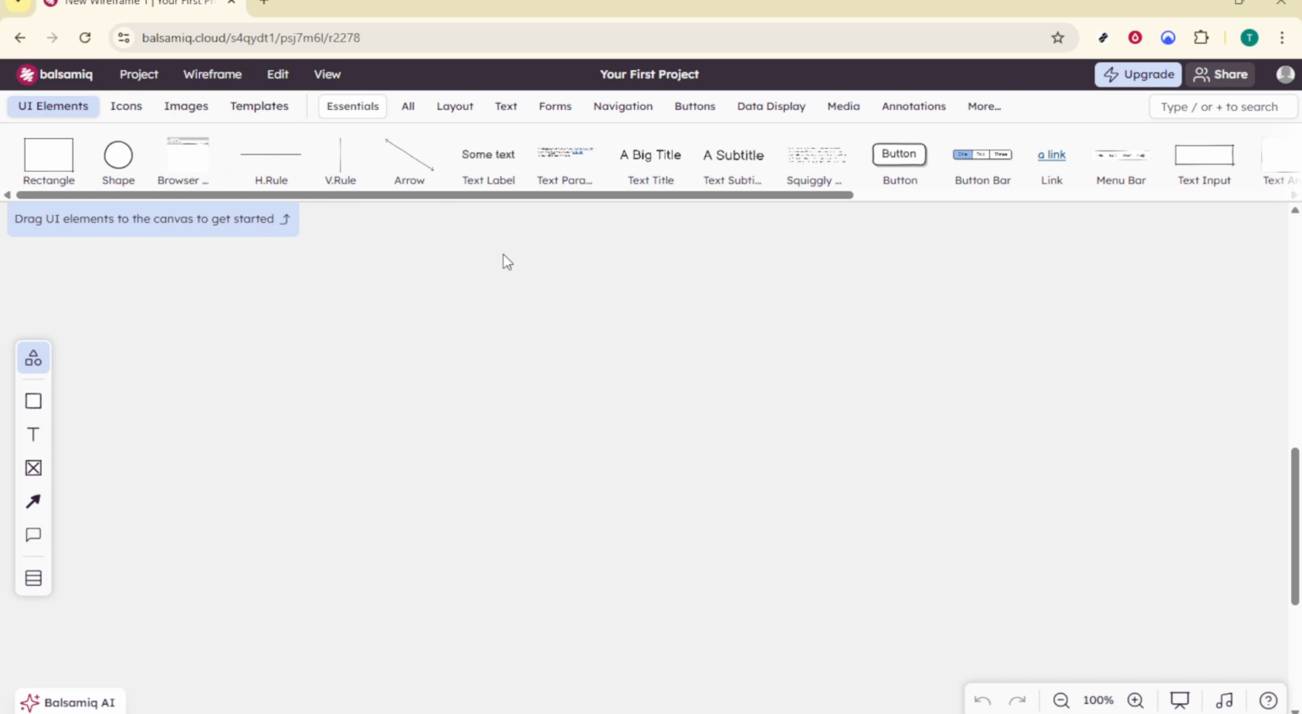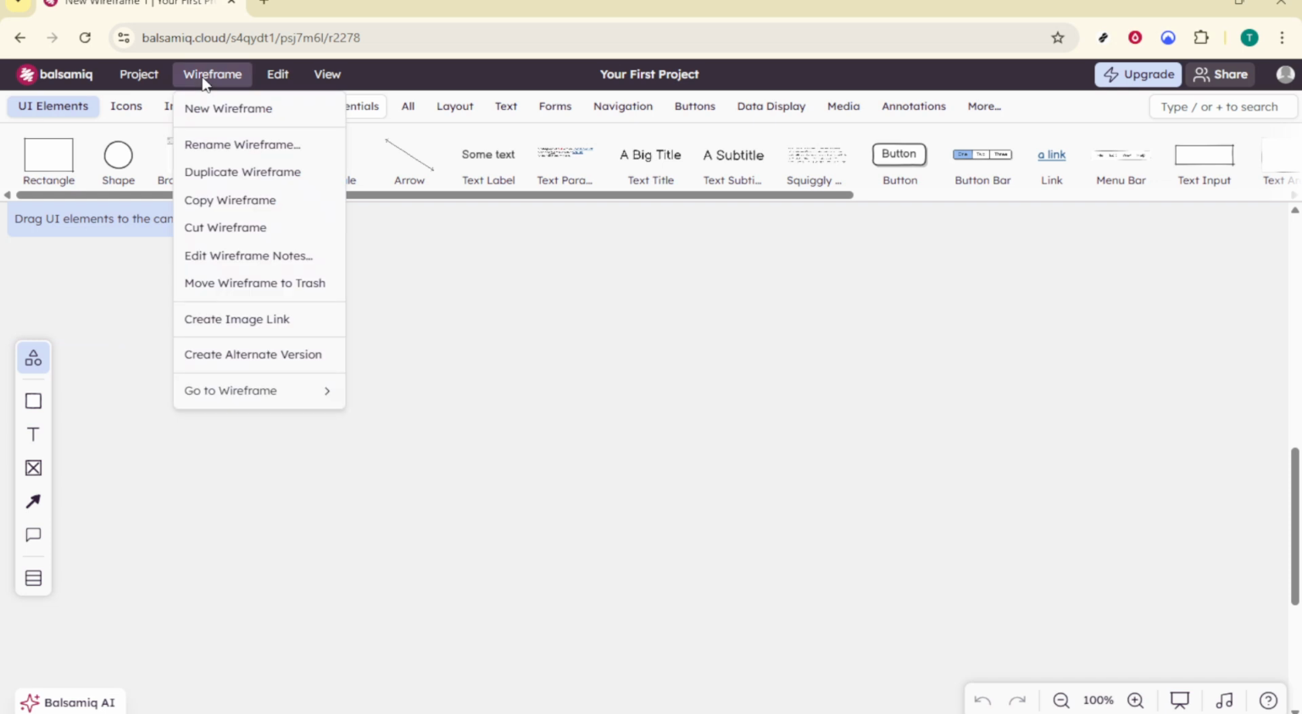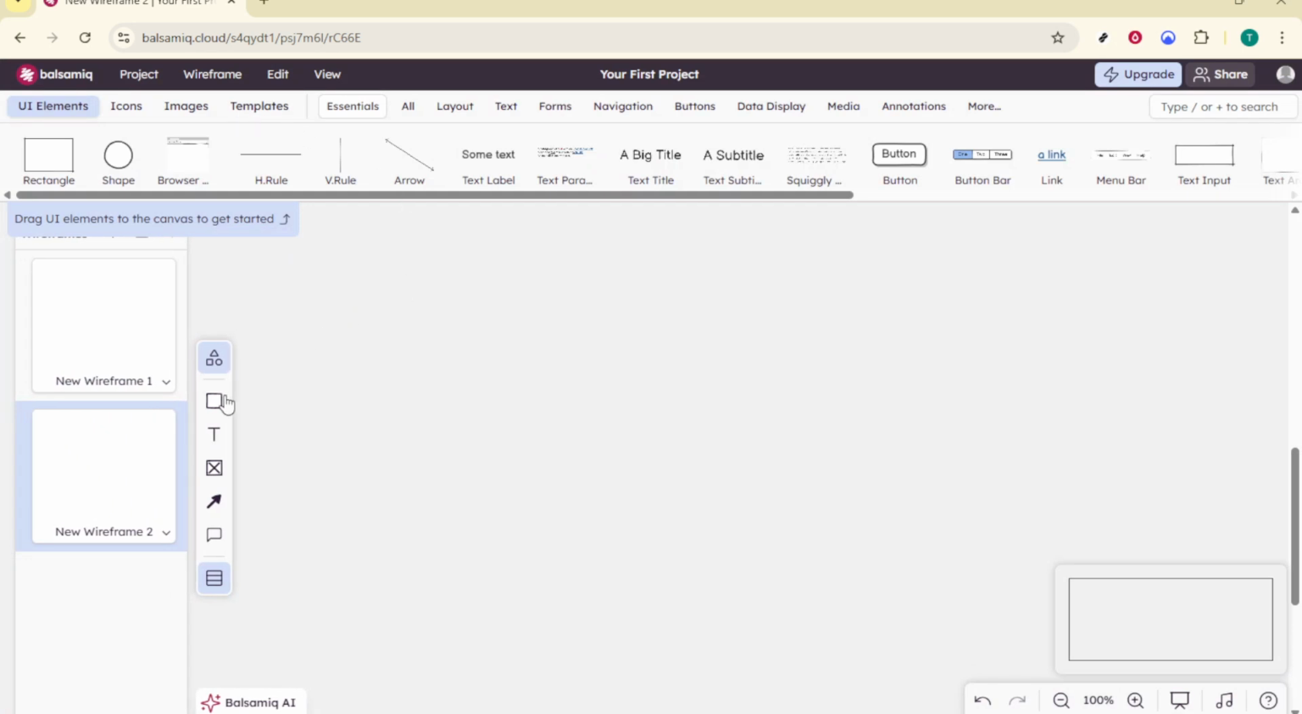Begin by exploring that UI library. You'll find pre-built elements like iPhone frames, buttons, icons, and text fields. Drag an iPhone or generic mobile frame onto the canvas to define your screen. This gives you a visual boundary and helps you design at the right scale. Next, grab a title bar, a few buttons, or a text area, whatever your layout needs, and drop them in